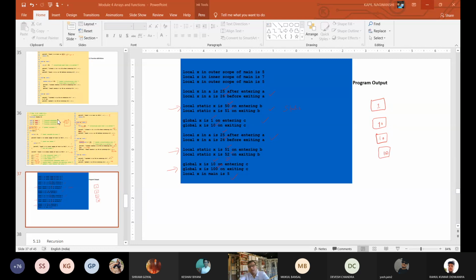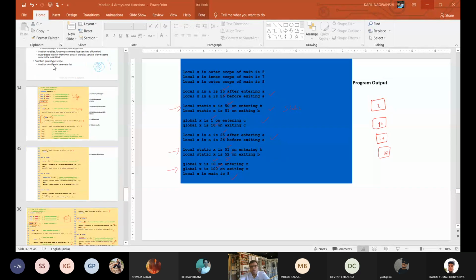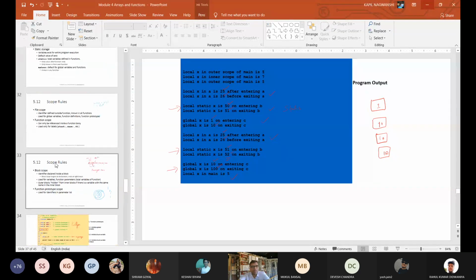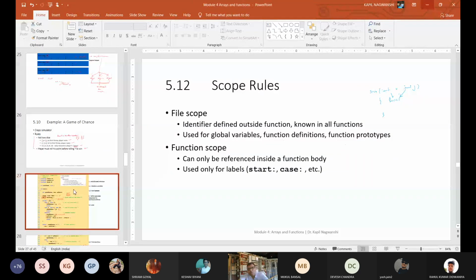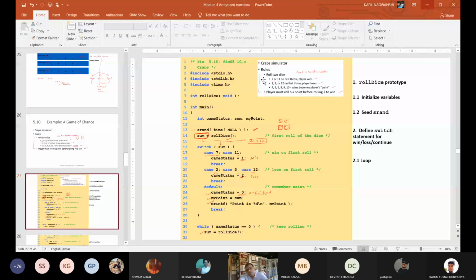You need to understand how a problem like this is written. This type of problem can be written like this is your problem, a crab simulator. Rules are given. So on the basis of this, you need to write a program. You need to use your own algorithm, and on the basis of this algorithm, you can show the output.